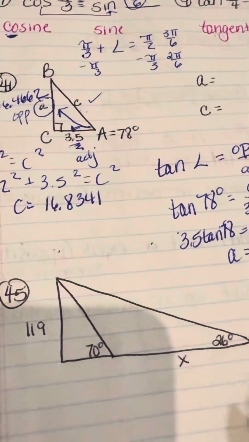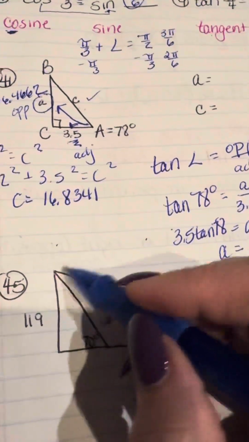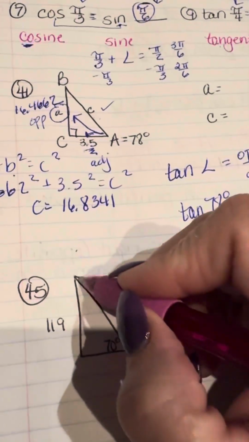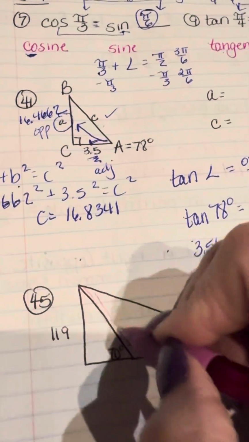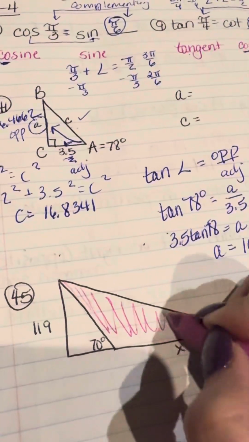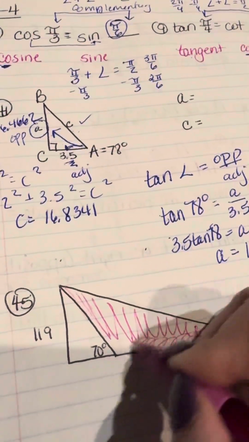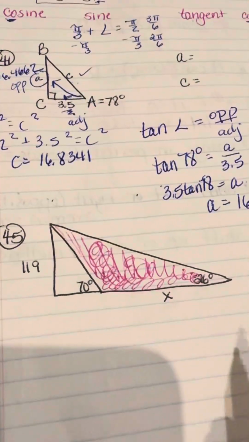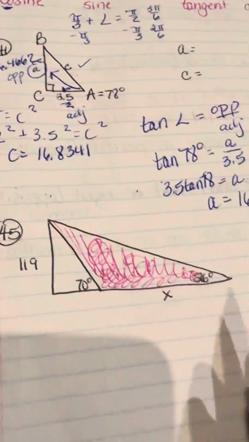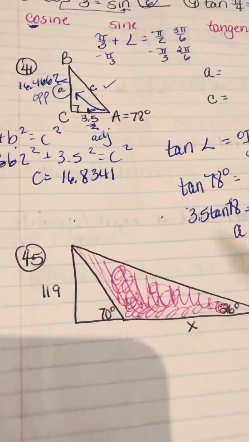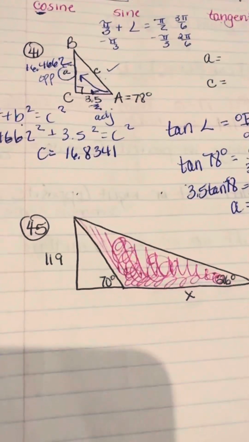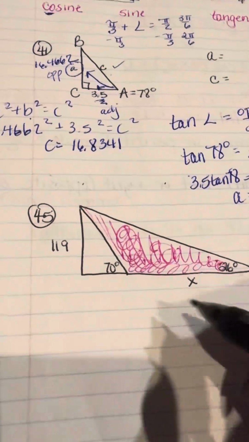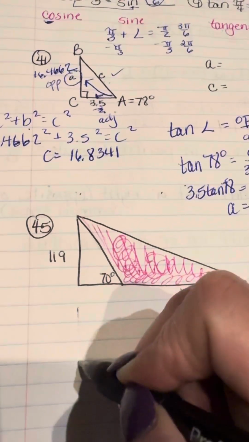Now for this next one, they want to know what side X is equal to. Now, the triangle here that side X is a part of, which is this triangle right here, is not a right triangle. So I cannot do anything with right triangle trig there. I can't try and do SOHCAHTOA or anything like this. So what they want me to do is see that I actually have two separate triangles. I have this obvious right triangle,